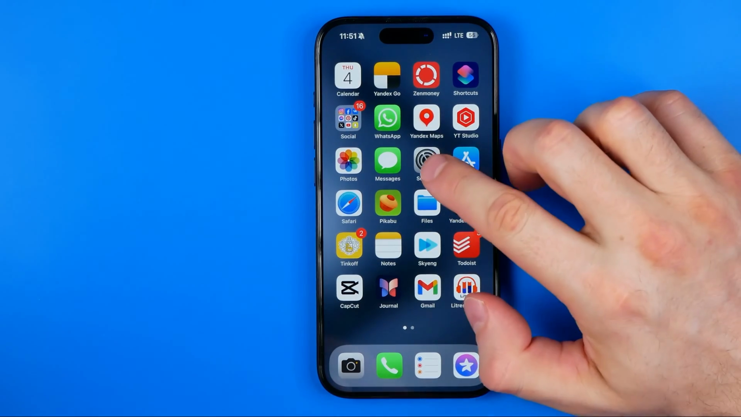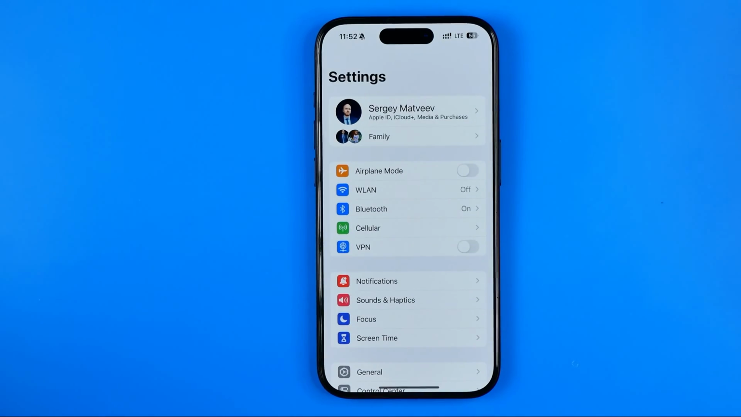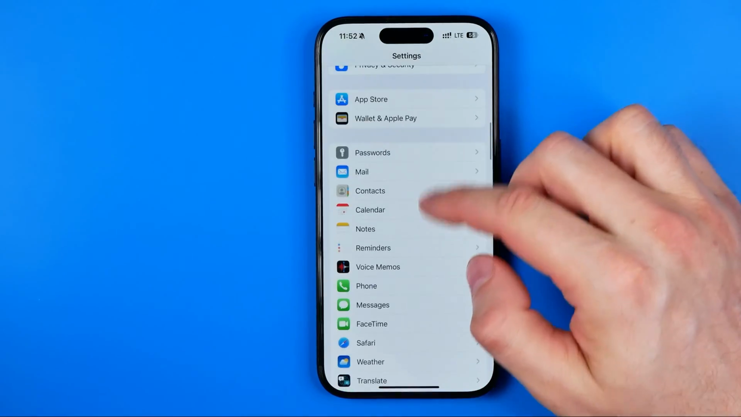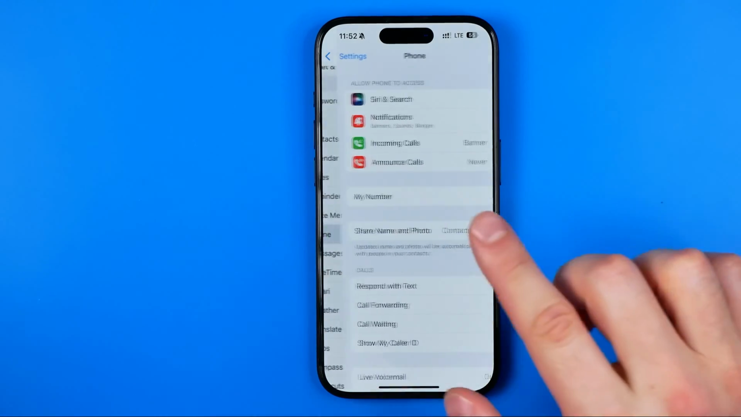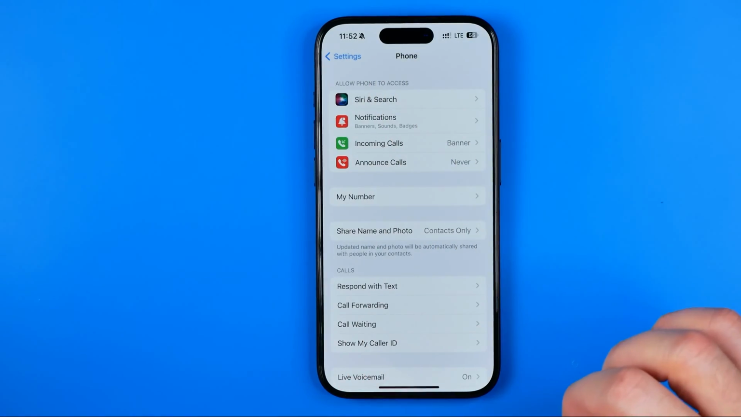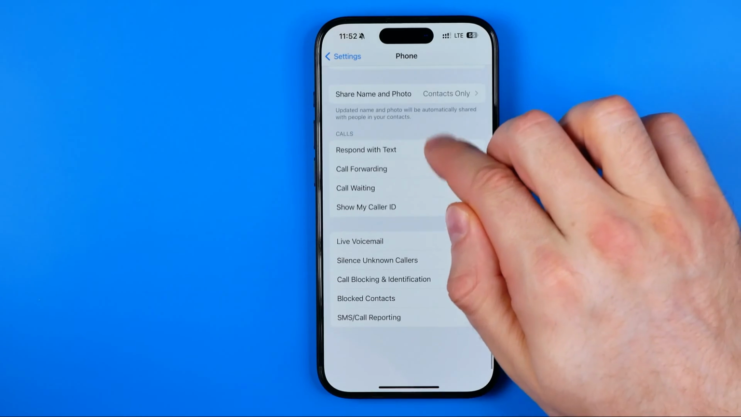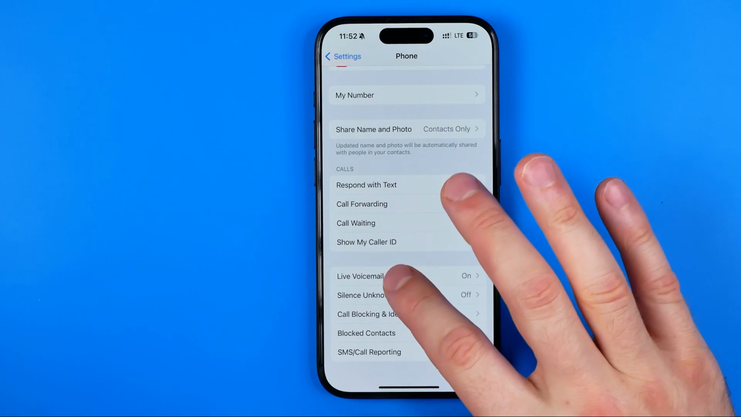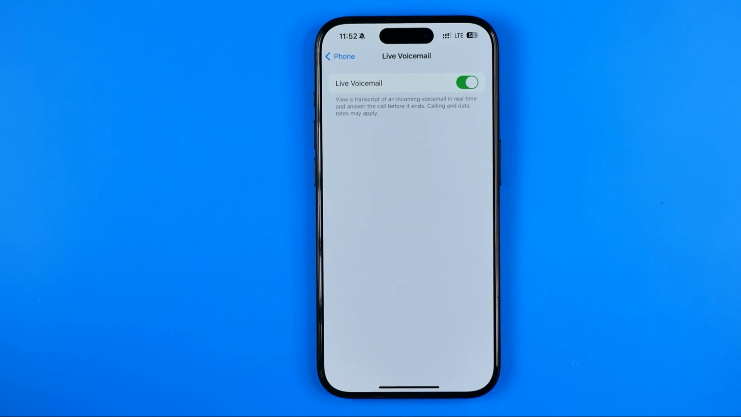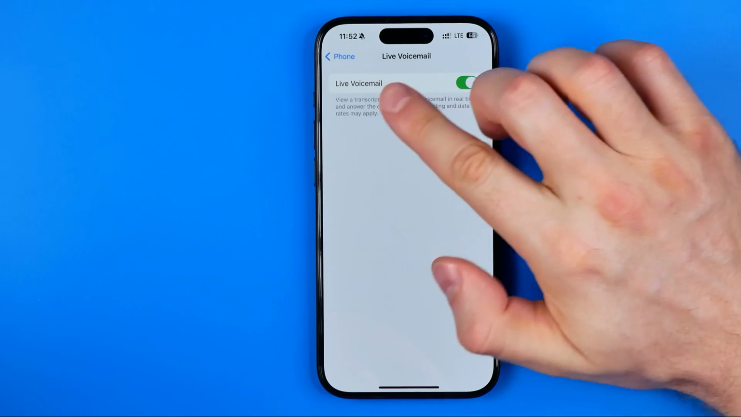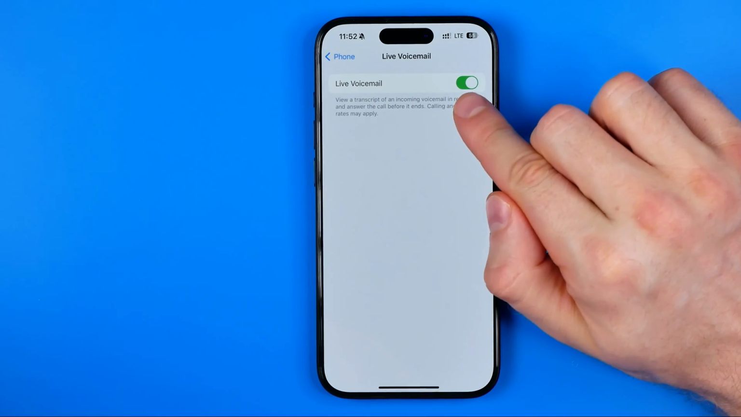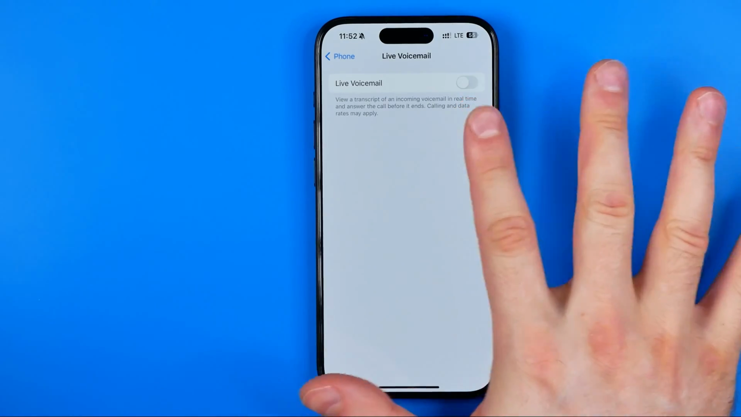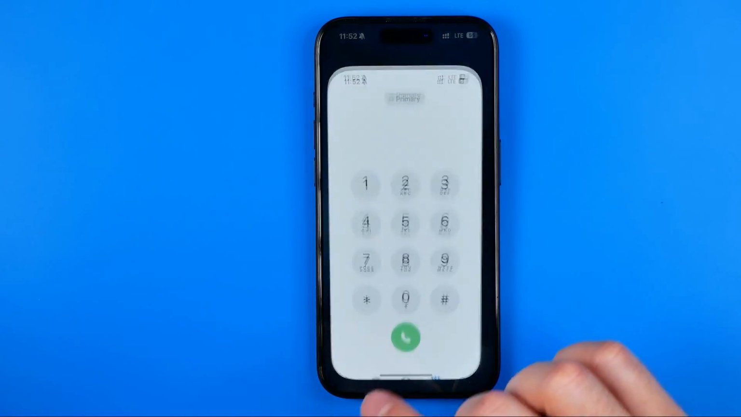Let's get started, guys. The first step, we need to head over to Settings and then scroll down until you find Phone. Then we need to get into Phone Settings, and after that we need to scroll down a bit until we find Live Voicemail. Here, if we get into that setting, we'll be able to turn Live Voicemail off simply by turning off that switch button. And once you've done that, you need to head over to the Phone app,